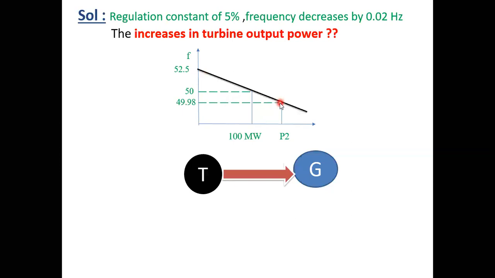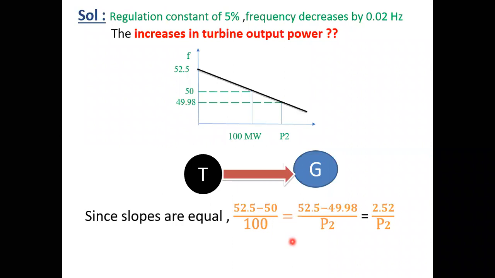So when you are considering the slopes, let us try to calculate the slopes, two different slopes. So this is nothing but the slope calculations. First one is 52.5 minus 50 by 100 minus 0. That is the slope in between this point to this point. Then you will get 52.5 minus 50 divided by 100 minus 0. That is nothing but this slope.